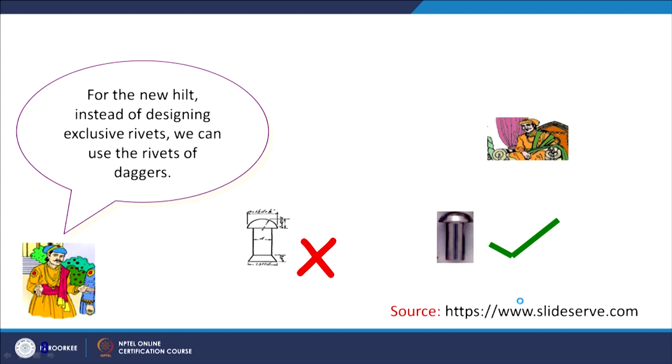So you can see that a specialized component is not a requirement if we can achieve the function with a standard component. So what is the idea here? The idea is part commonization. Wherever common parts can be used in our product design, we must focus on part commonization. Why?